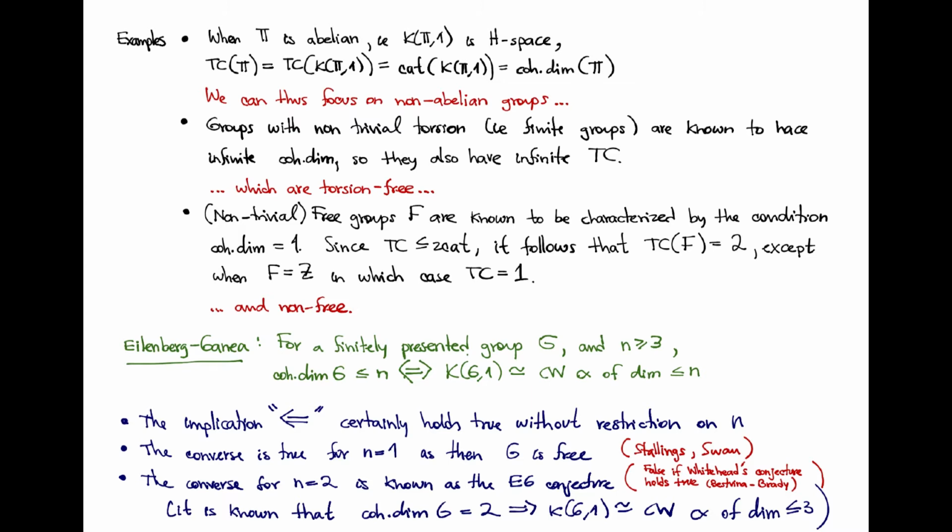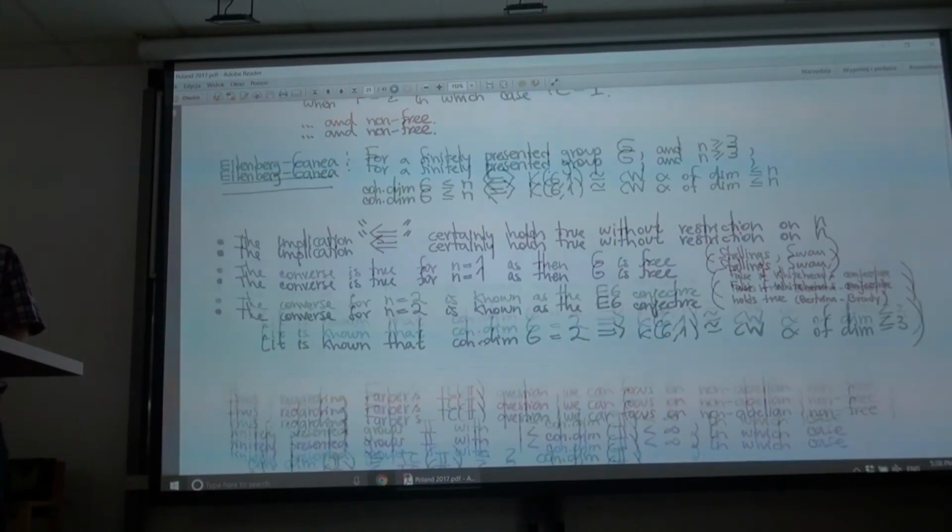Whitehead's conjecture deals with these spaces. Namely, you have an acyclic space, an Eilenberg-MacLane space of dimension 2, then the conjecture says that any connected subcomplex will have to be also aspherical. And that cannot be true at the same time together with the Eilenberg-Ganea conjecture. So this is really very nice. But then,